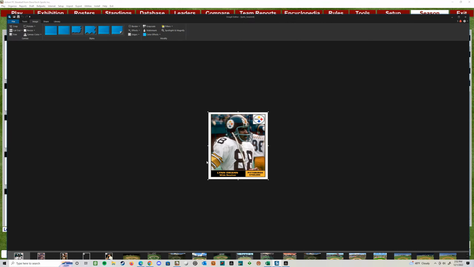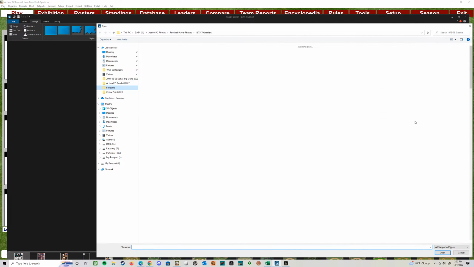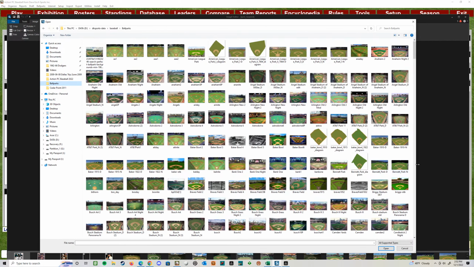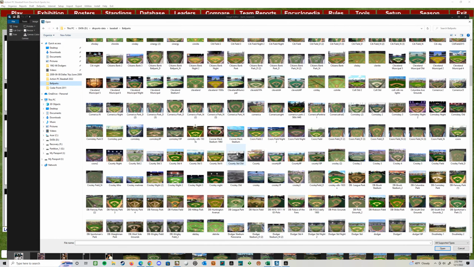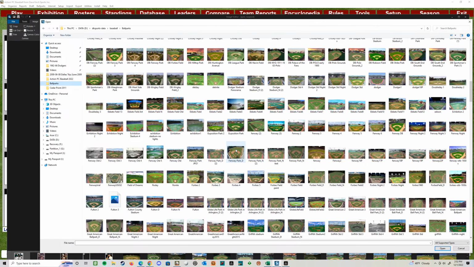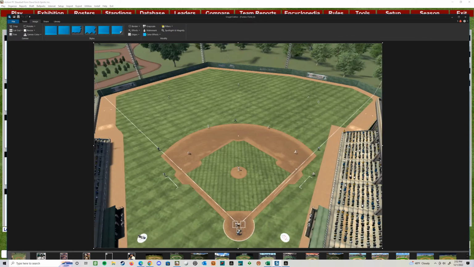So you can see the format's a little bit different for football. They're a little bit wider to make them fit the format of the game. Ballparks. Yeah, let's look at ballparks. I was just in ballparks trying to set some of these up. You guys might recognize these from DMB, Diamond Mine stuff, but I just have them all over like this. So, I need to organize these better and then make sure I just keep the ones I like. But some of these were like, here's a Forbes Field from either MLB The Show or Out of the Park Baseball. A lot of these I got on Operation Sports on the forums or Out of the Park Baseball forums where they would take screenshots and post them for people.